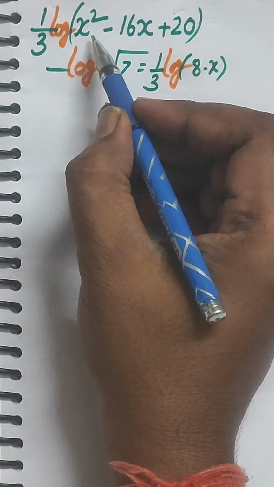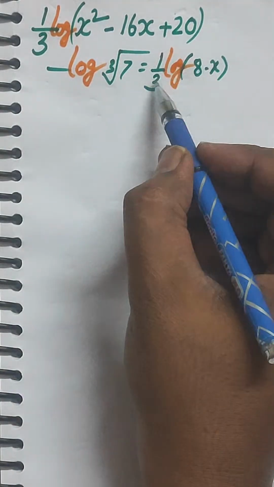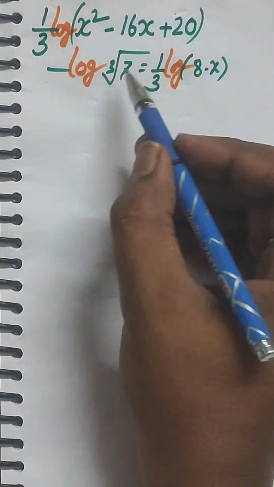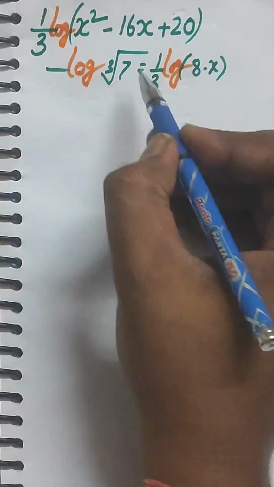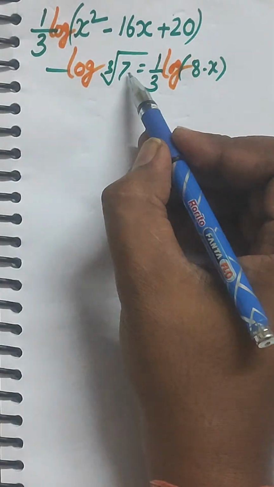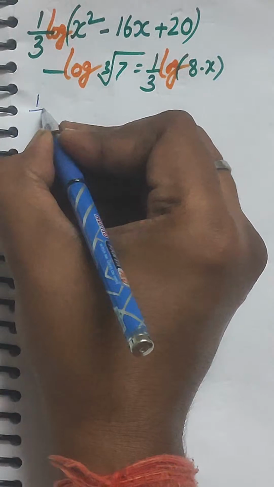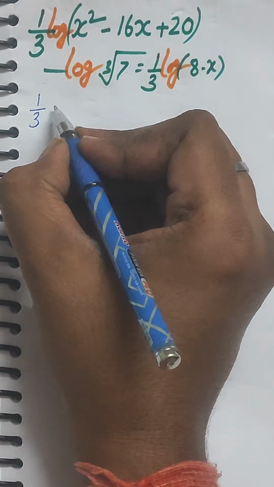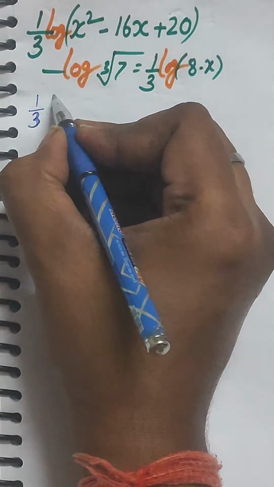So here the first question is: 1 by 3 log of x square minus 16x plus 20, minus log of cubic root of 7, is equal to 1 by 3 log of 8 minus x. To solve such a question, students, you can see 1 by 3 is there, and the cubic root of 7 can be written as 7 power 1 by 3. So in the next step, this can be rewritten as 1 by 3 log of